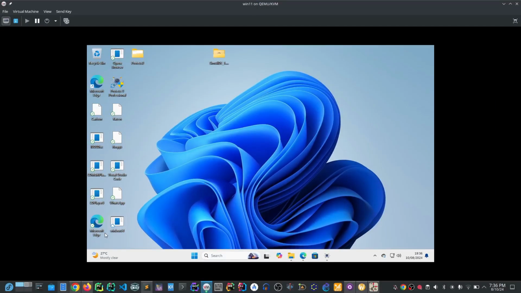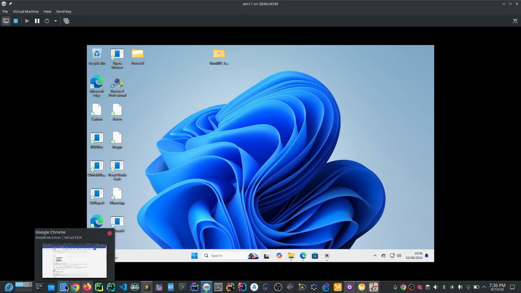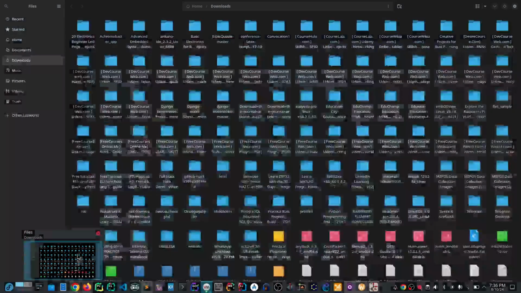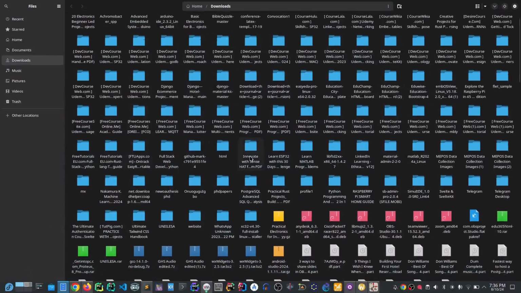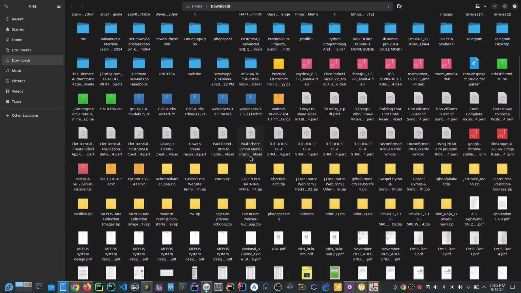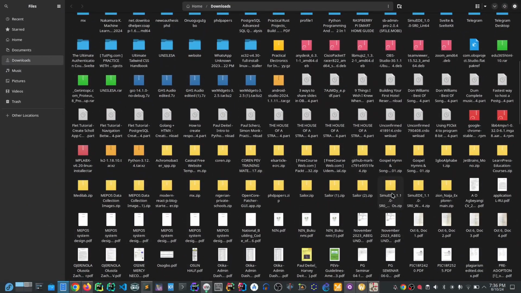On SimulIDE, whether you are using a Linux or Windows machine, I have downloaded it here. You can see it here: this one is for Linux, this for Windows, and this for Mac OS. I'm going to attach the links below, for Windows and for Linux. After you've extracted them,